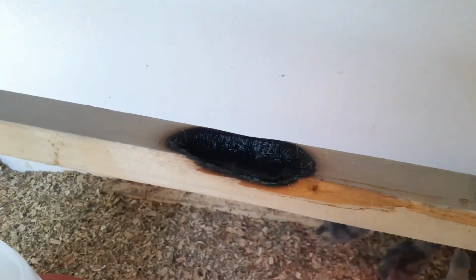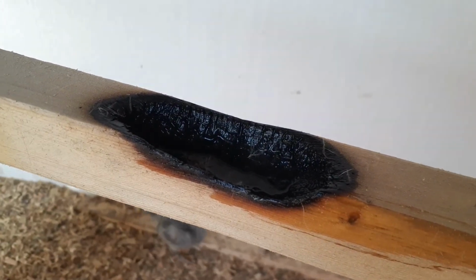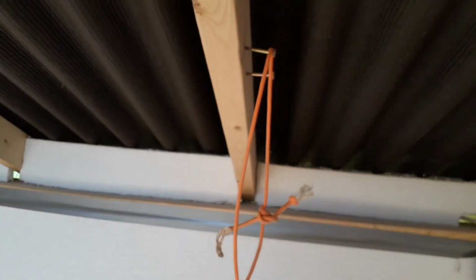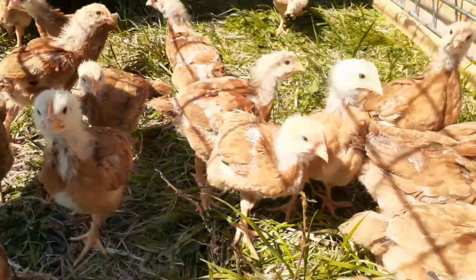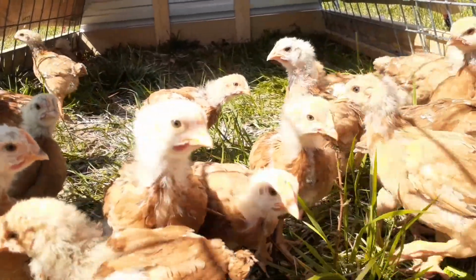This is the hole. Let me get out of the light, maybe you can see it. I poured some water in it just to make sure that it wasn't on fire when I found it. And this is the string it was hanging from. See how far away this is? And it still did it. How big these guys are now. Say hi,